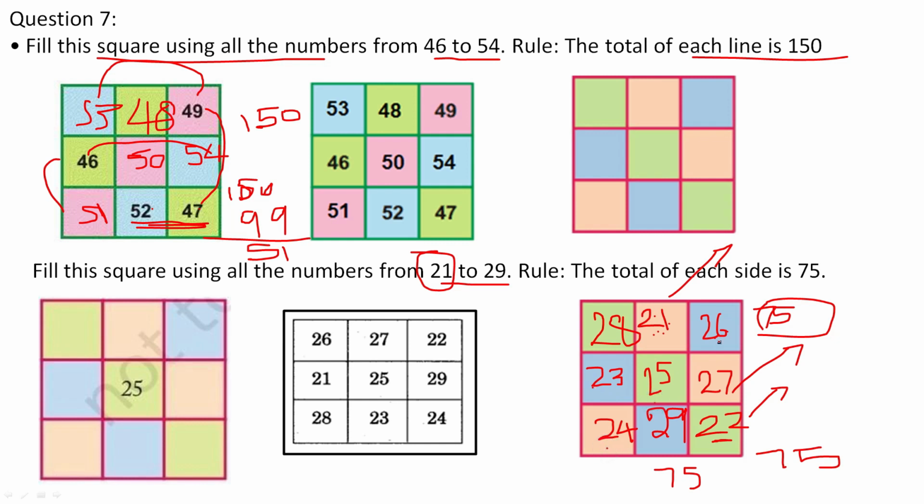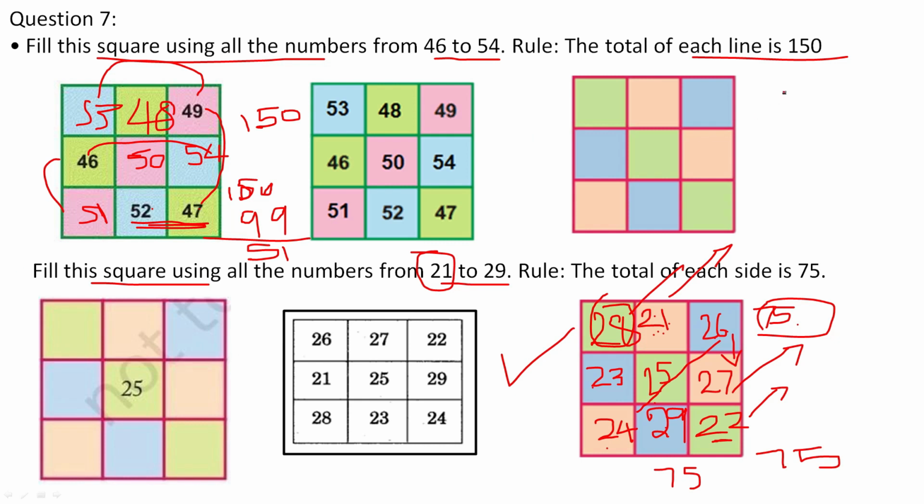24, 25, 26 in this order you can put. 27 again you have to go diagonally, but there is no place, so you put it one place down and put it there. 28 again you have to go diagonally, but there is no place, so 28 will come here. So the last number 29 again you have to go diagonally, no place, so here it will come, the last box it will go. Wherever the number hits the middle, it will come down. So here this rule we can use to fill the square. This is a magic square, you can complete easily.